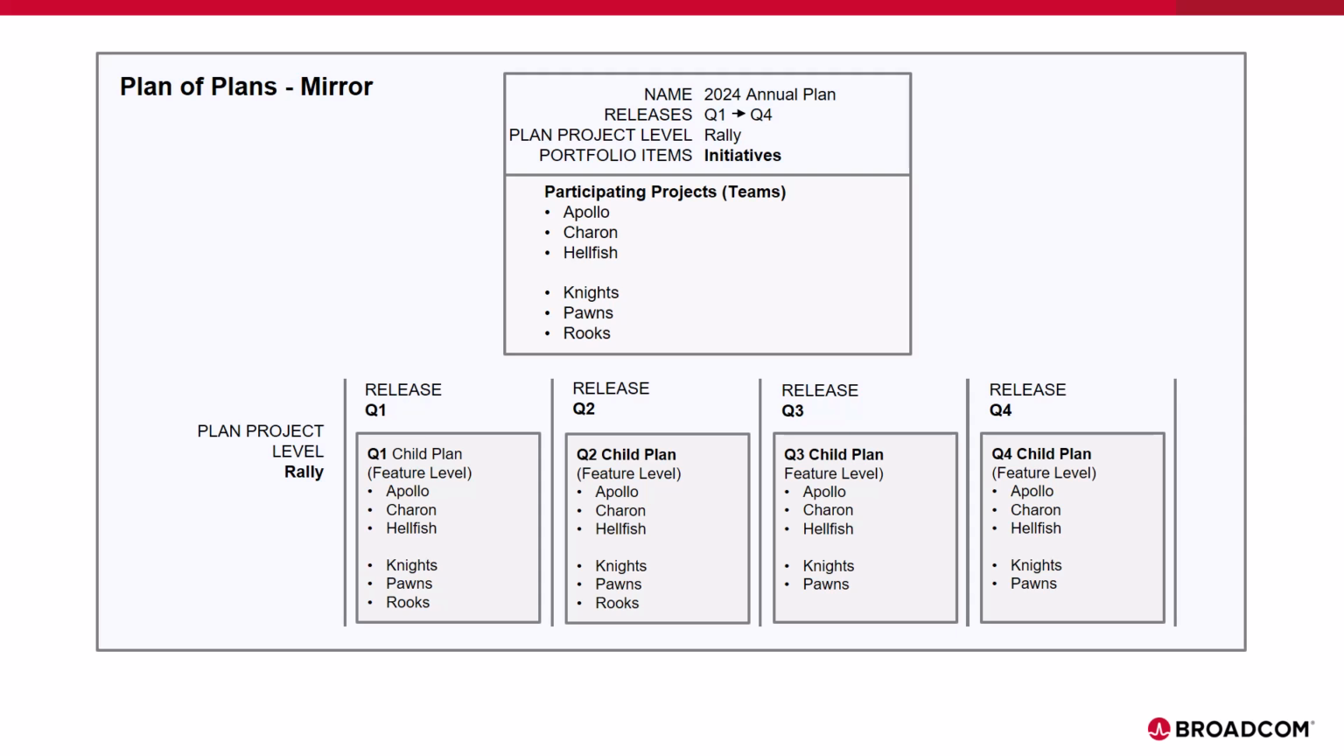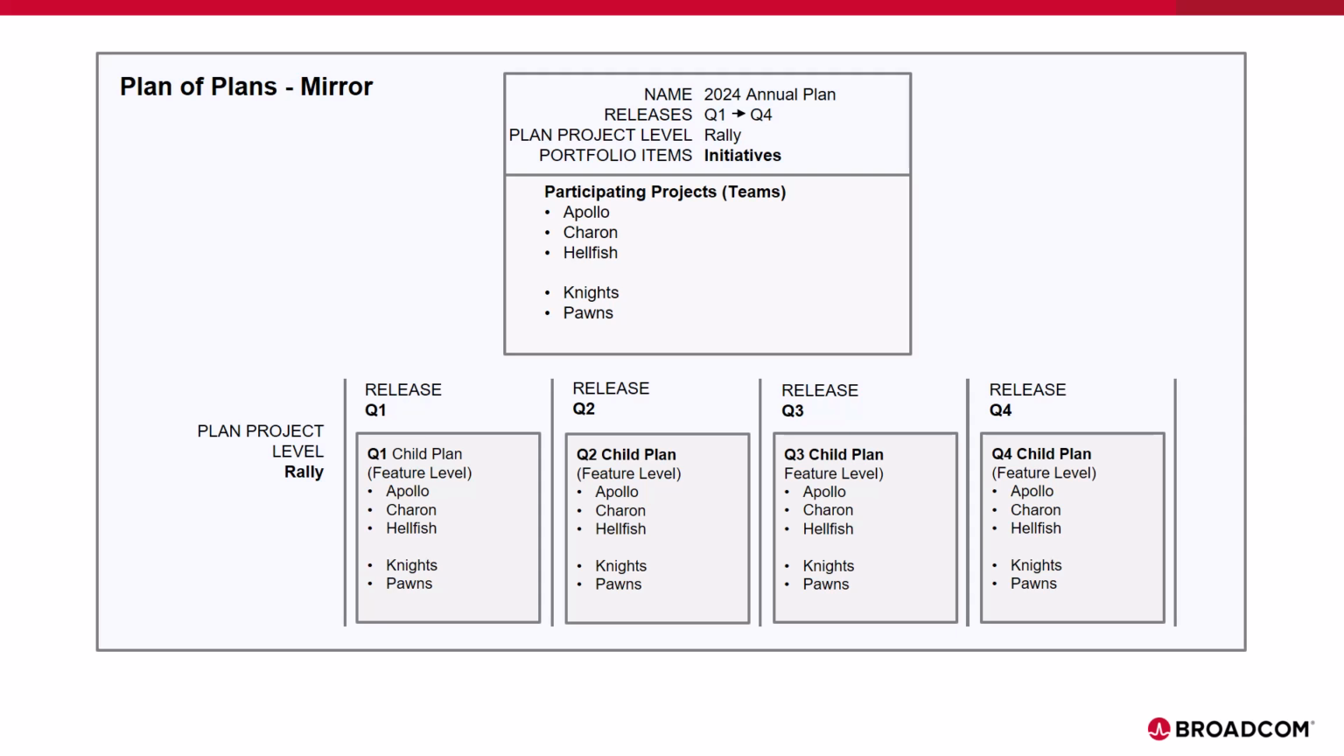Also notice that the Rooks team was moved out of our Q3 and Q4 plans to work on another initiative. If these teams had originally been in these release plans, but were then deleted, they would remain in our plan of plans because they're still in Q1 and Q2. But if we removed them from all 4 release plans, they would have been automatically deleted from our plan of plans. Similarly, if we add a new team in our Q4 release plan, that team would automatically be added to